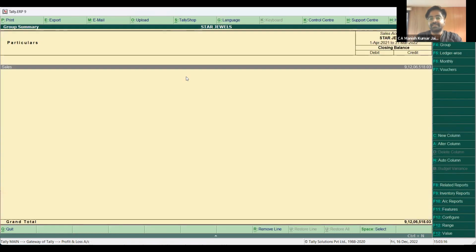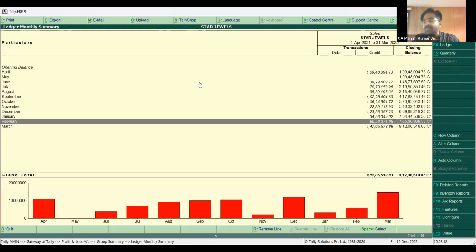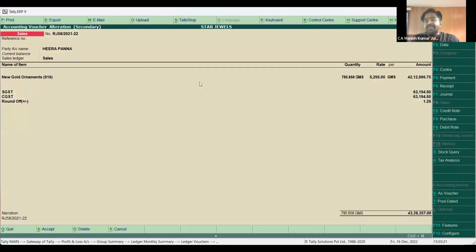In the same way, sales. This is the continuation invoice number. While entering a sale, it will continuously take whatever invoice number we have set. Suppose in 2000 it is 21-22, next year it will be 22-23. That we can give, but the continuation of numbers will be RJ 58, and the next invoice number RJ 59. It must be in continuation only. Okay. And in the same way,